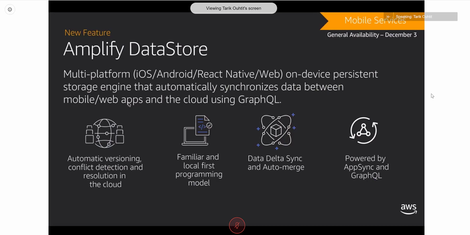So what it can do, let's go with a concrete example. Let's say I've written an application that allows you to read books. And if I start reading a book on my iPad, I want it to save the page that I'm on. If I open up the application somewhere else on my laptop in a browser, it should remember that page. This functionality with DataStore will do that for you and it will take care of all the synchronization. But what's really cool is it will handle conflict resolution automatically. So let's say I go on an aeroplane. I'm a good citizen, so I put my phone in airplane mode. I don't think I do that normally, but for this example, I put it in airplane mode.